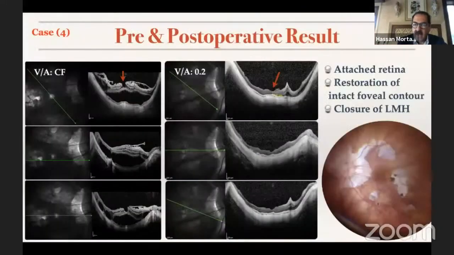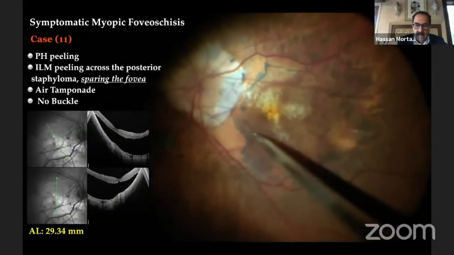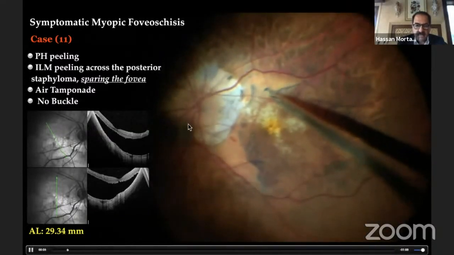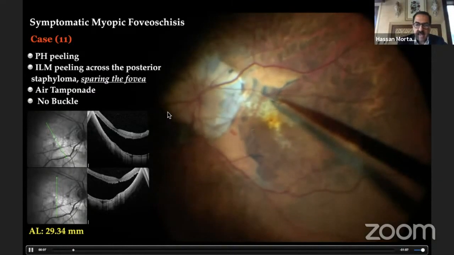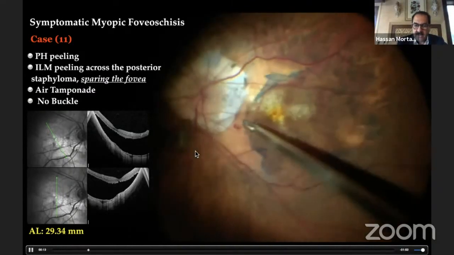And then again, air was used. This is the preoperative. This is the lamellar hole. The retina became attached, and the lamellar hole is closed with improvement in the visual acuity. This is a more simple case of myopic foveoschisis. Again, fovea-sparing ILM peeling was performed,